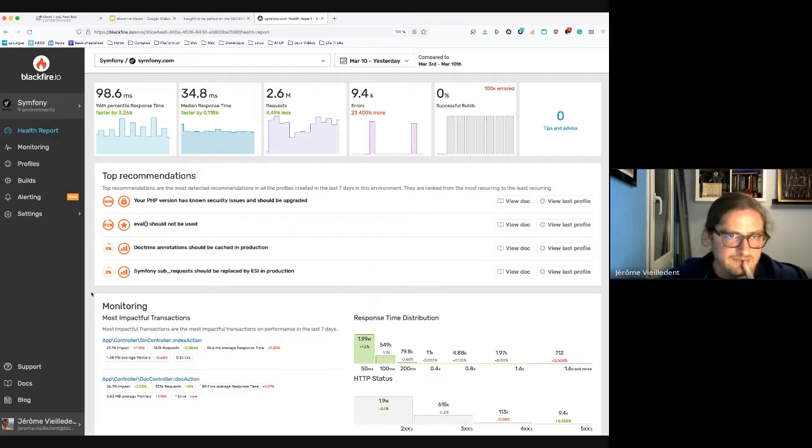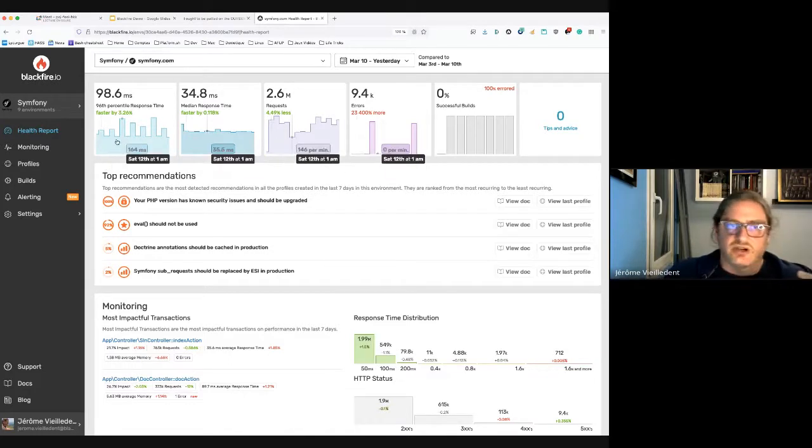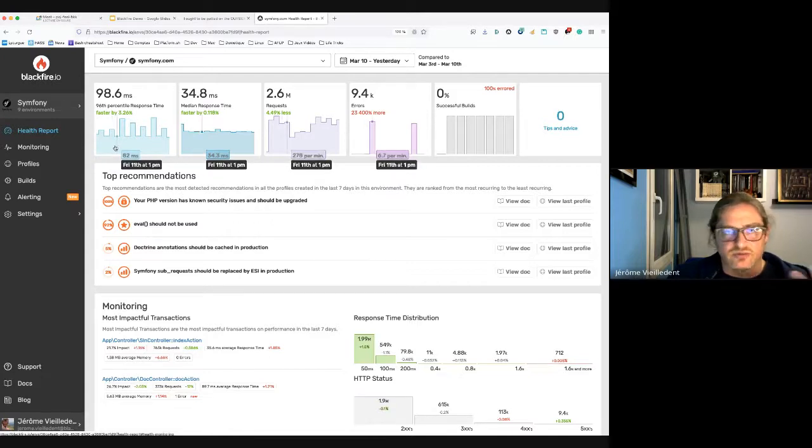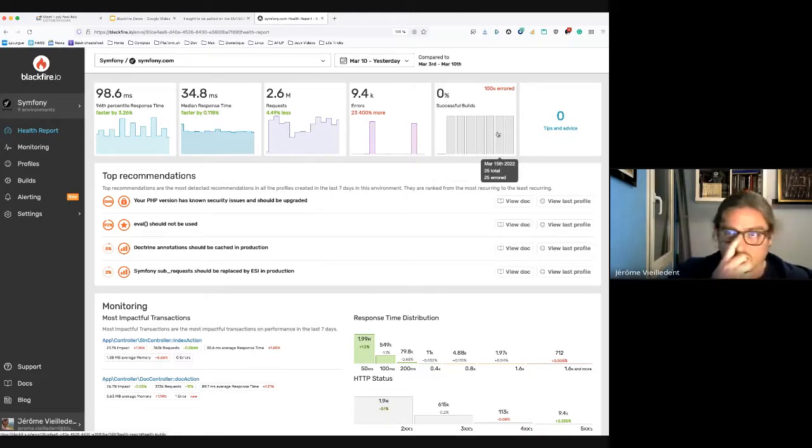I will get into that. This is an overview for the last 7 days and the evolution of the key metrics, which are the 96th percentile response time, the median response time, the traffic, the number of requests, the number of errors, and the builds, so automated builds that I mentioned earlier,